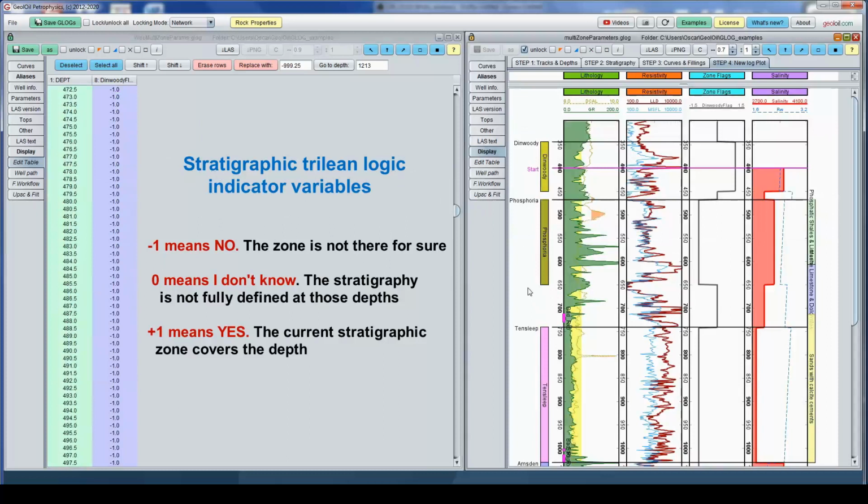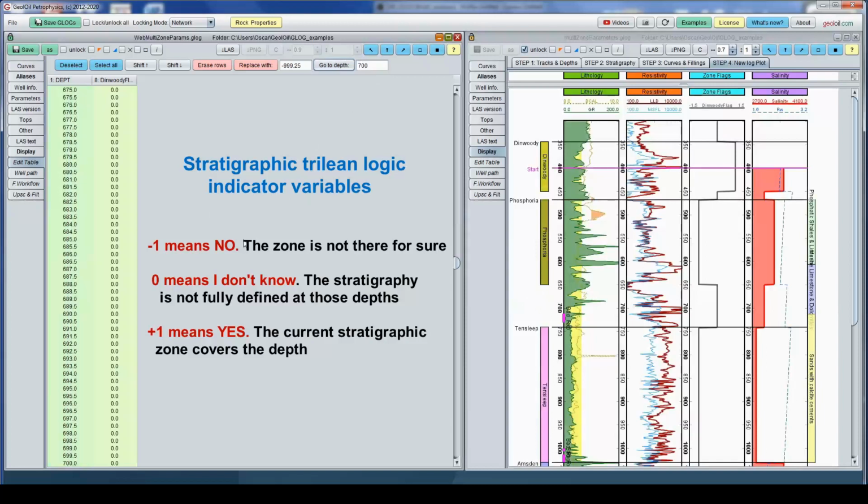After Phosphoria, there is a blank here, around a depth of 700. Let's go to there, something like that. 700. Go to depth. And that's it. That's 0. 0 means I do not know, from here to there.